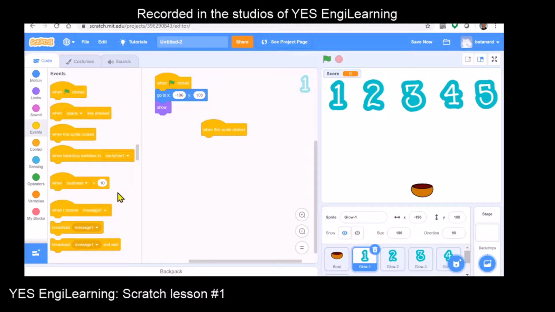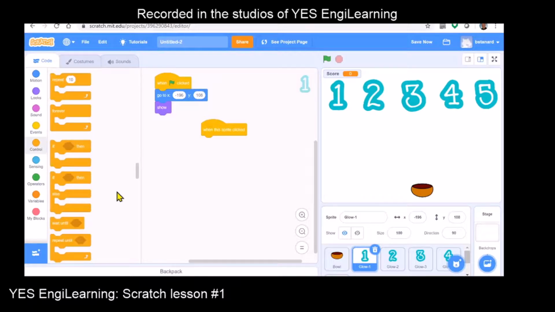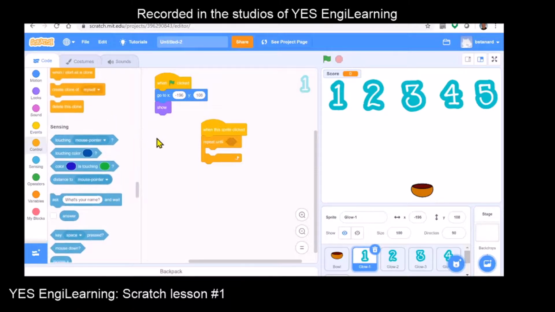So if I come down here to events and a little farther to control, I have something called a repeat until, and that's all the way down here. So I want it to keep falling and falling and falling until it hits the edge. So how does it know it's hit the edge? Well, it senses it. So I'm going to click over here on sensing, and when it's touching, I'm going to grab that and drag it over here,